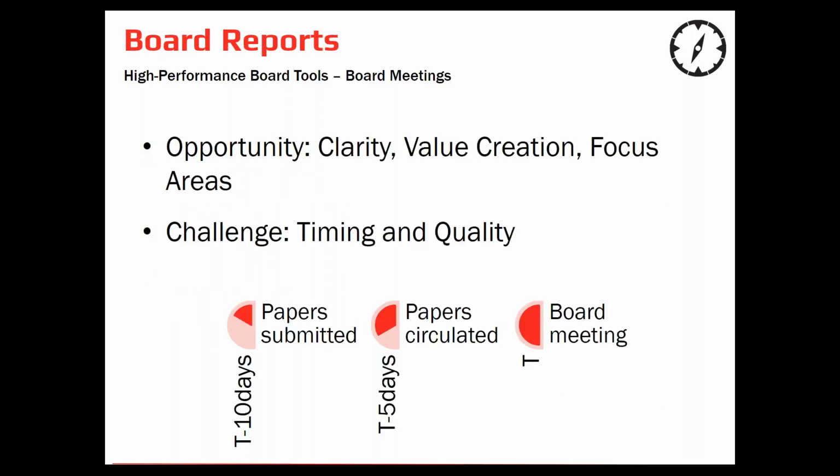Now, the next part of the board meeting structure is the board reports themselves. So these are the reports that are circulated to the board in certain timeframes prior to the board meeting. The agenda is an important part of that, as are matters arising, minutes from the last meeting, etc. Yet in that, you'll find that there are particular board reports that are included, particular reports from management, decision papers, information papers, particularly your financials, etc., that are included as an important part of keeping the board informed around what's going on and eliciting the board's input on decision making.